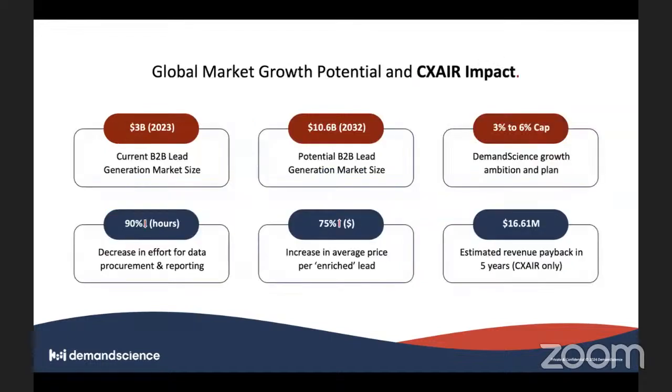We have a very strong market potential here. We grow from 3 to 6% of the market cap. And how we want to do it is through providing enriched data to our client. Depending on the depth of enrichment, on average, we can put a premium of 75%. And we already have cost savings because of the decrease in data procurement, the research, and the time taken for data pipelines. In total, we have calculated roughly 16 million for a payback. If we externalize this tool and add licenses, etc., we can think of another 25 million in additional revenue in the